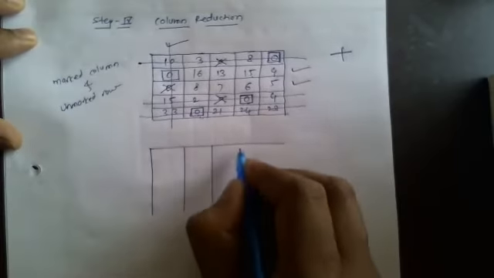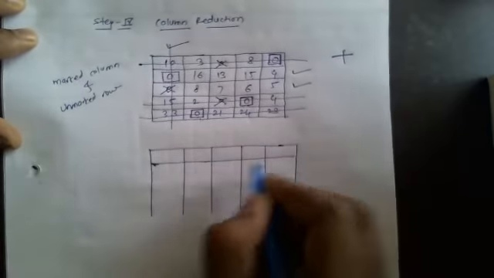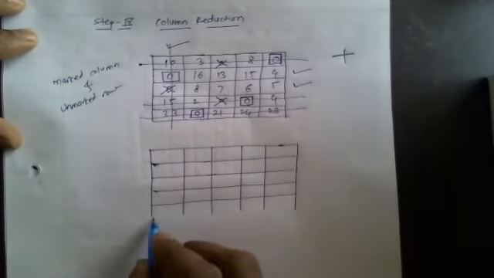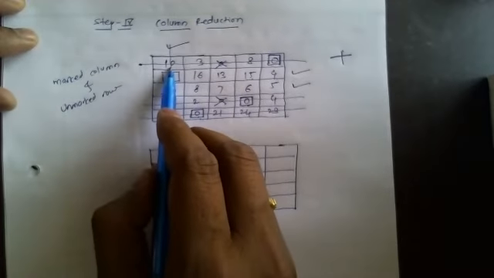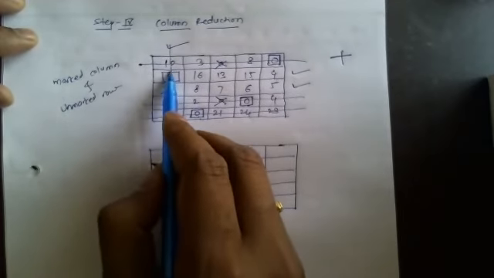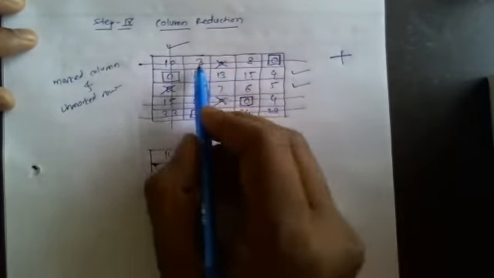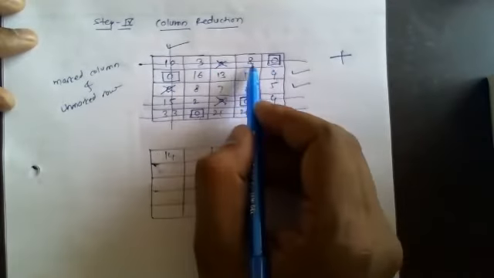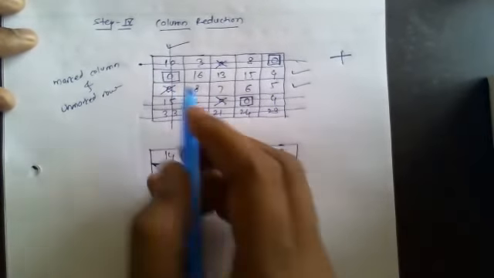Okay, so I will draw again. Now here 10 is there, but we are getting a plus sign. So we have to add this 4 in 10. So it will become 14. All other value remains as it is because these values are hidden by this particular line. So it will become 3, 0, 8, 0. Again, this 0 will remain as it is.